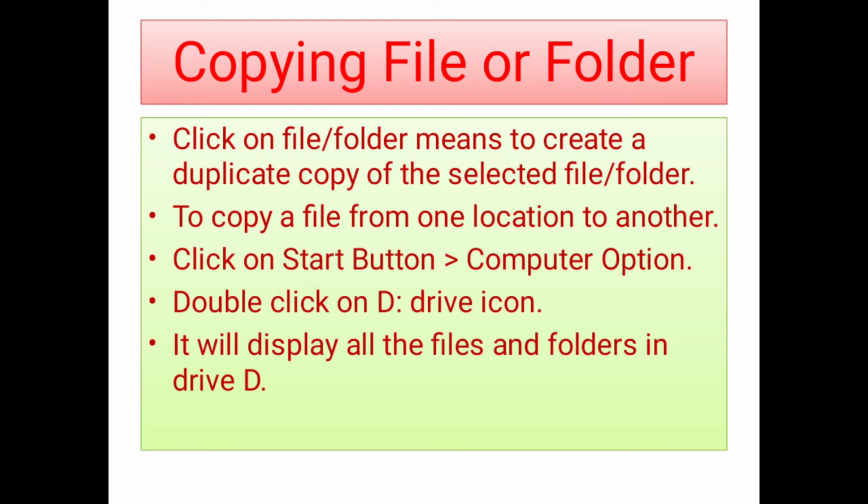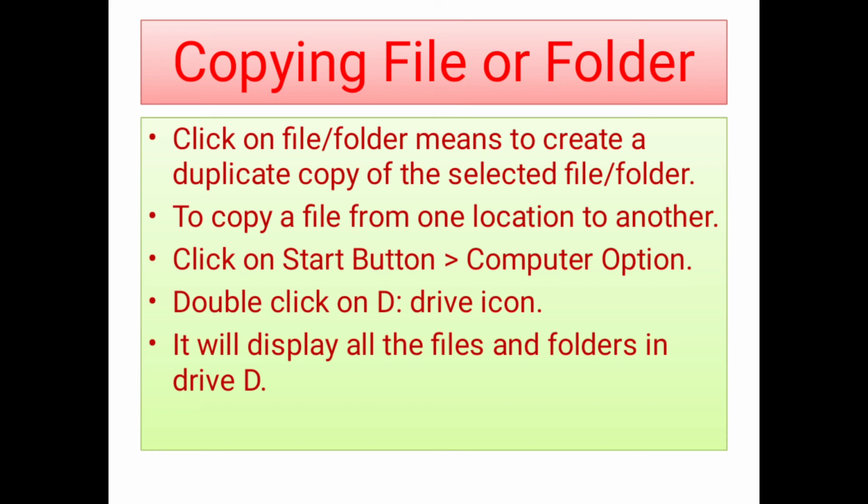For example, take what is a desktop. Instead of desktop, I want to know what is a Windows Explorer. So what I have done, instead of desktop, I have written Windows Explorer. Like that only, they will be having several files. So then what we can do, we can simply copy the previous file or folder, paste it again and then rename it. That means we can change the name of the file or folder.